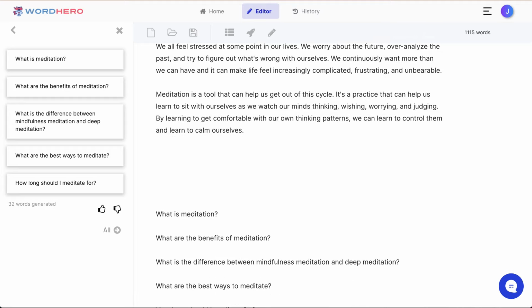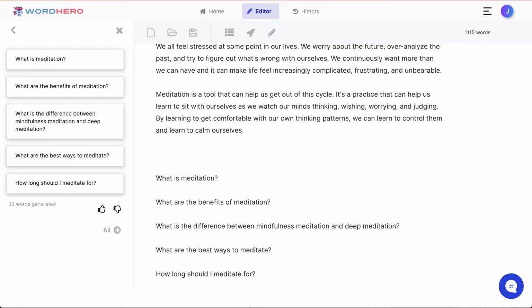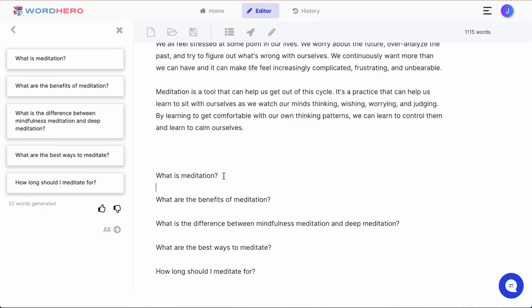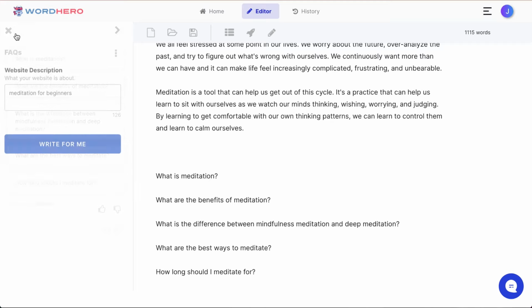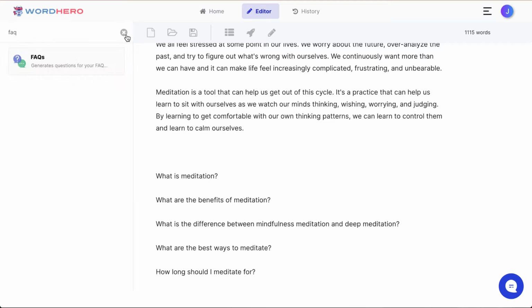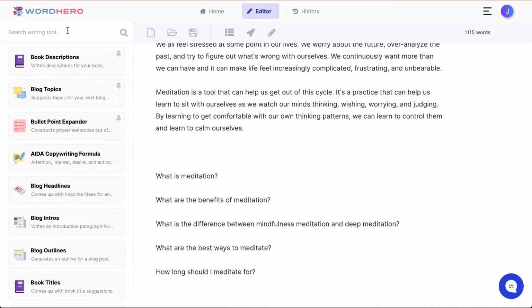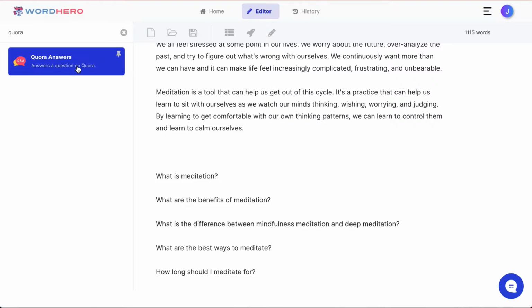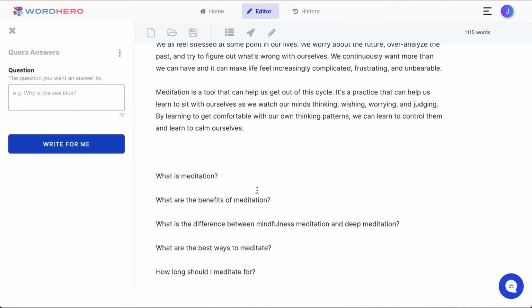So you know, what's meditation, what are the benefits, the difference between this and that, what the best ways, how long should I meditate for. So some of these could be used as the headers as well. So FAQ is a good way to generate section headers. Now, another tool that you might want to consider is the query answers. So let's say to answer a question on how long should I meditate for, I just copy and paste it here,